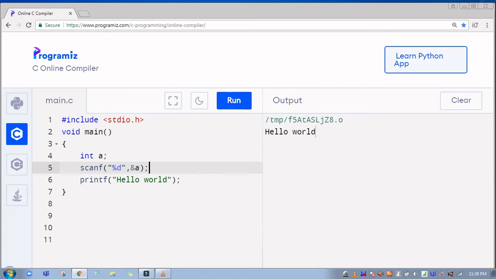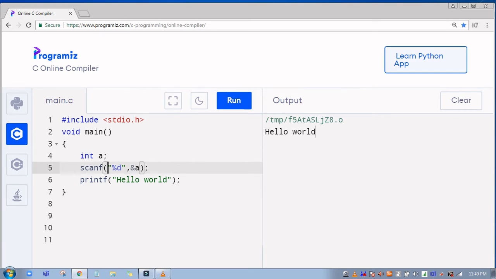Ampersand is the reference operator in C. Okay, got it? %d is the format used to get values of integer. If I am using float as my data type, you have to use %f here.